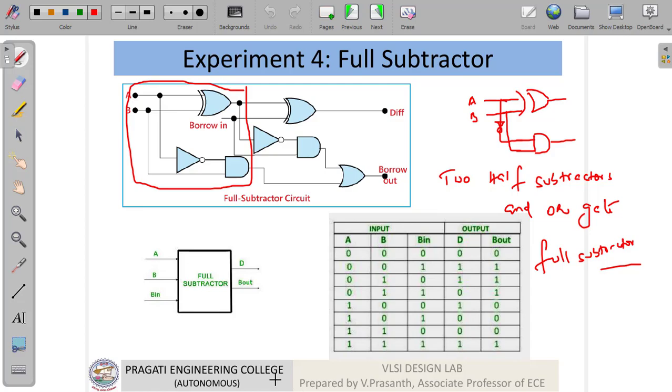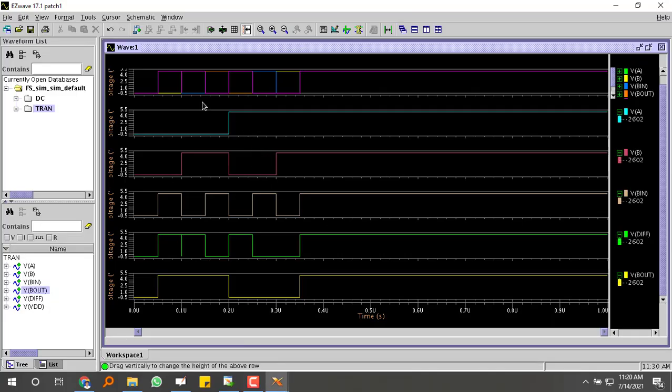So with this you can successfully check that whatever we have designed, the schematic version of the full subtractor in Mentor Graphics is exactly working as per our circuit needs and also for the truth table. So with this, our experiment of this full subtractor is completed. In next session, we will be discussing about how to design a 2 to 4 decoder. So for today's class, I will be ending. Thank you everyone.